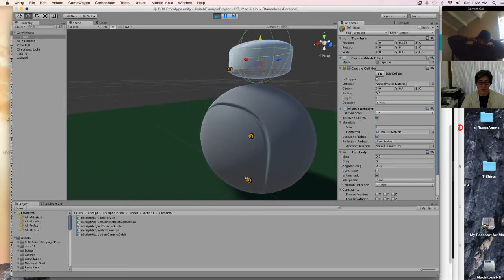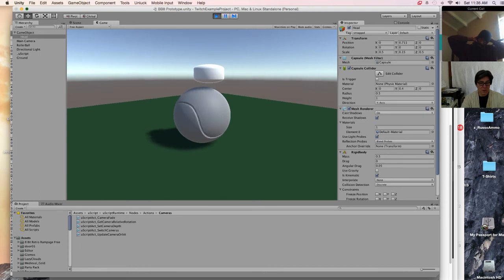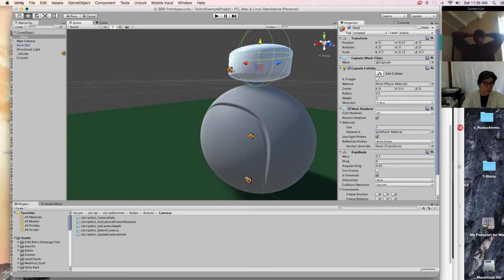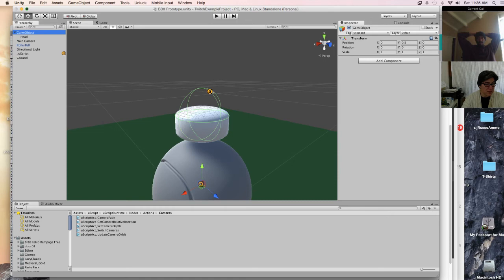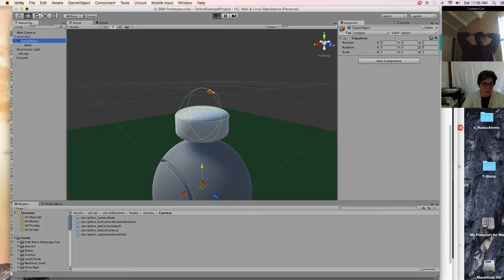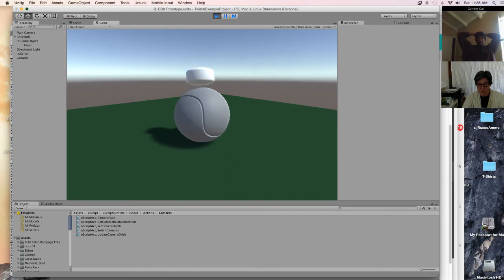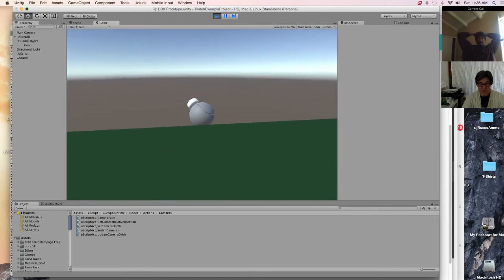Mm-hmm. Oh. Yeah, I had it pinned, right? So, move the collision out of there, right? Let's take the radius. Let's move it up to 0.5. It's a little closer. Okay, now let's take this game object and attach it to the roller ball again. So I think that's what we want. So at least we've got it attached again, right?